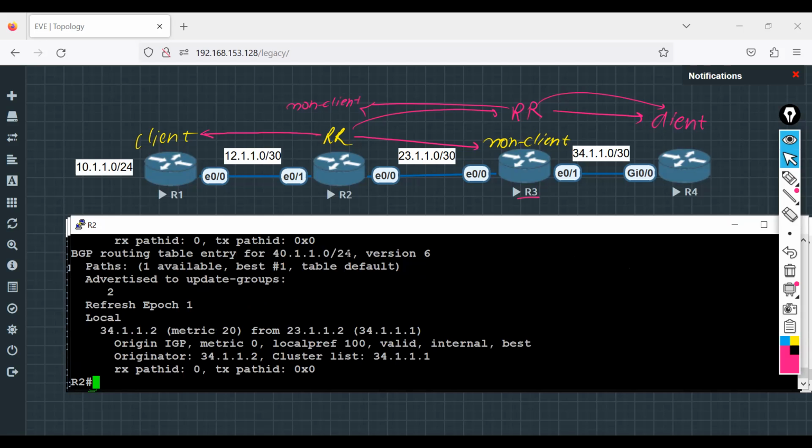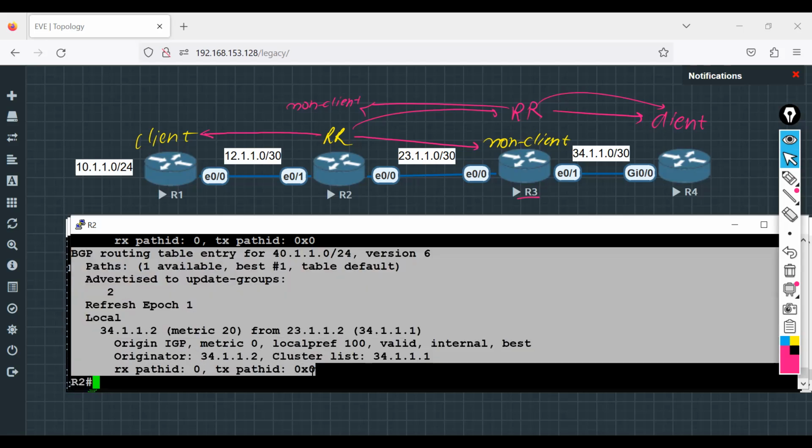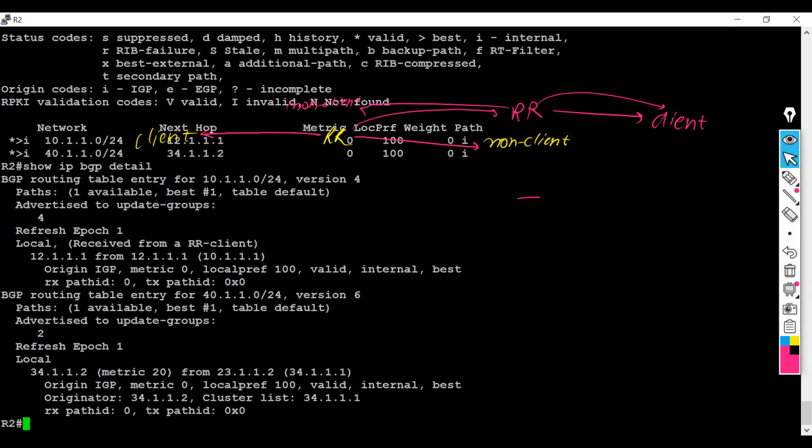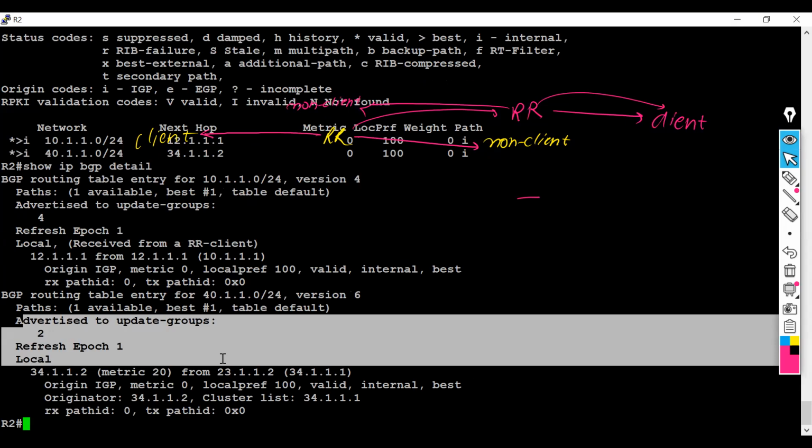Yep. This is received. So if a router is receiving a prefix from a RR client, you will see it clearly here, received from a RR client. If you see this 40 prefix, is there any such output that this prefix is received from a RR client? No, right? It means this prefix is received from a non-client,